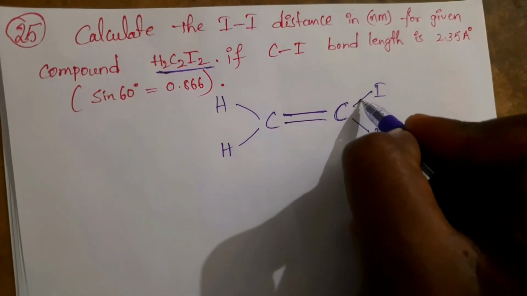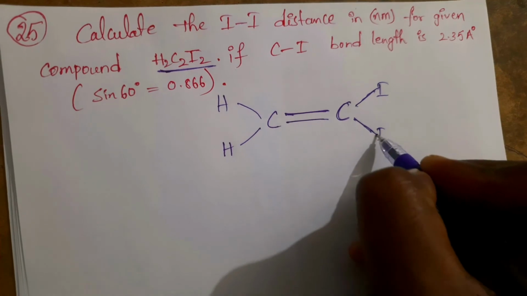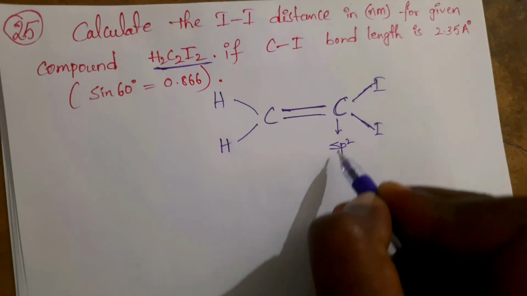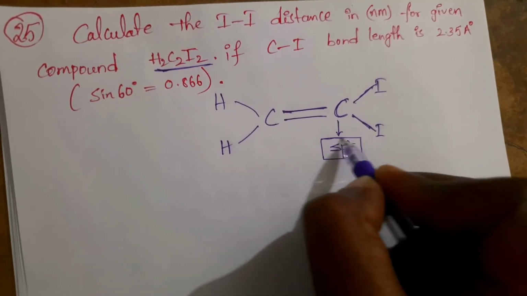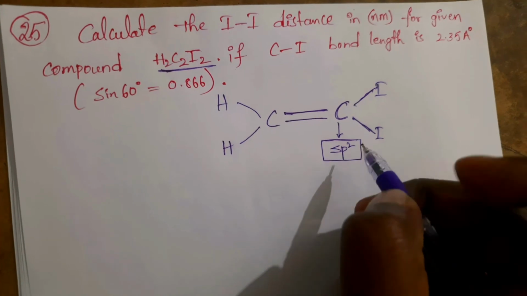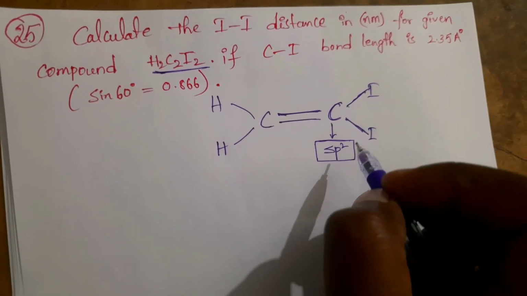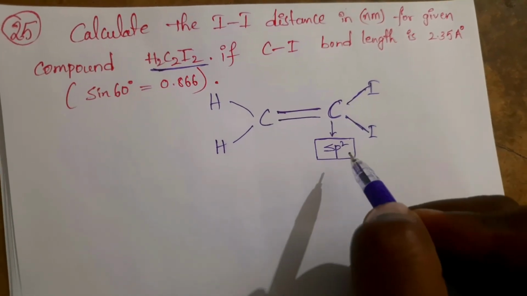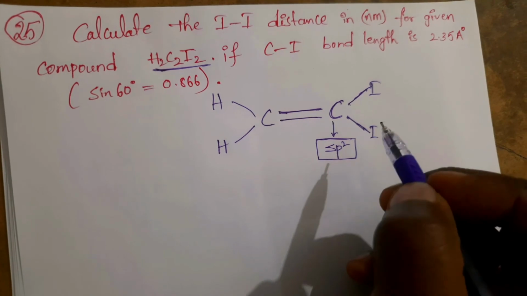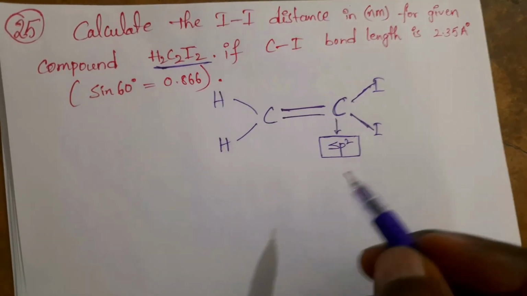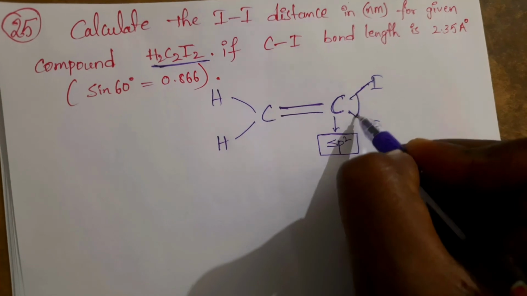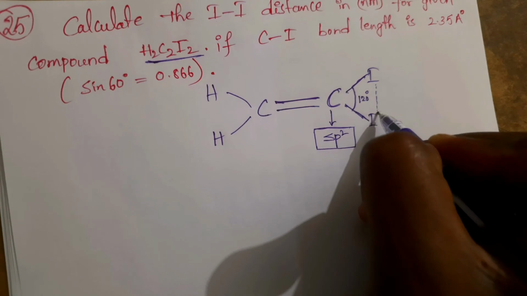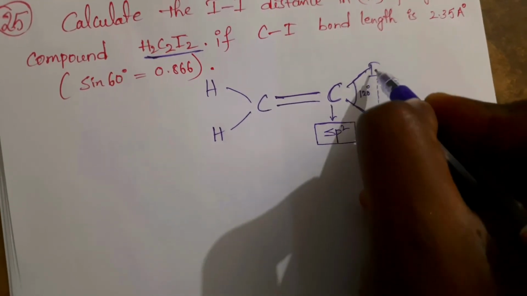Now you see here these two are the 2 iodines. Now its hybridization is which hybridization? It is sp2. For those who want shortcuts of hybridization, hybridization videos are separate; just visit my channel and type hybridization, and you will find many shortcuts for the calculation of hybridization. Very important one. Now sp2 hybridization means the bond angle is 120 degrees. Now what they are asking is the distance between this I to this I.